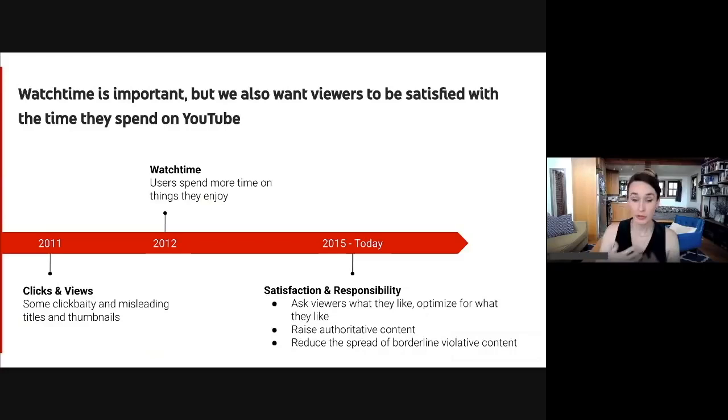And so to help correct for that, we moved towards watch time. How much time somebody spends watching a video or a channel is much more indicative of the quality of the content, because if you spend more time watching something, it is more likely that you're going to be interested in it. But watch time is not a perfect metric either. I'm sure you've all spent time maybe binging through a series that you watched hours of, but you still didn't feel that good afterwards.